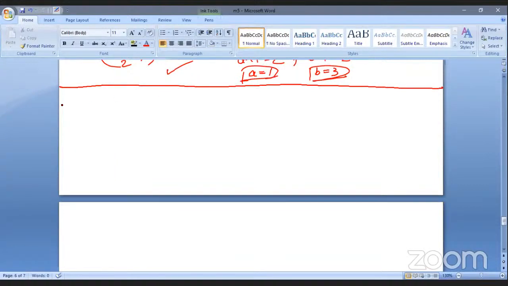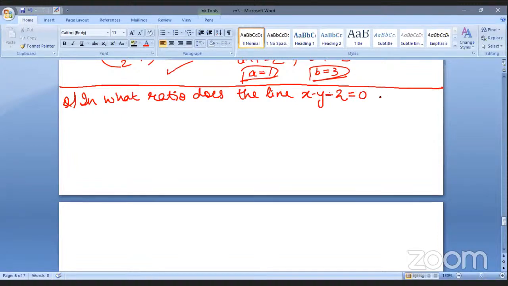Next is, okay, in what ratio does the line segment, write it along with me. In what ratio? Now just look at the keywords in the question. In what ratio? As and when the word ratio comes, what formula should strike in your mind? Who will tell me? Section formula. Great. Does the line x minus y minus 2 equals 0 divide